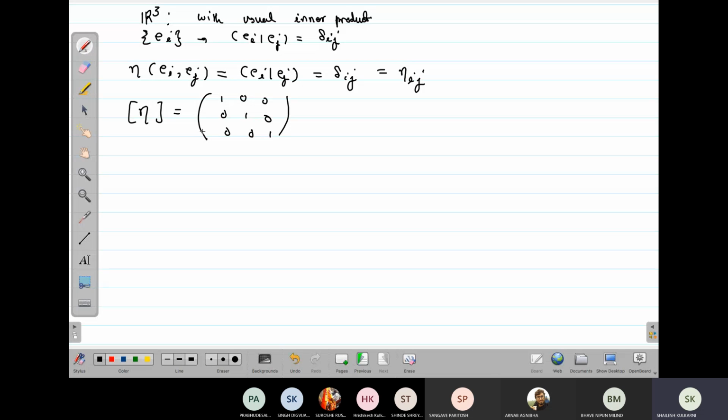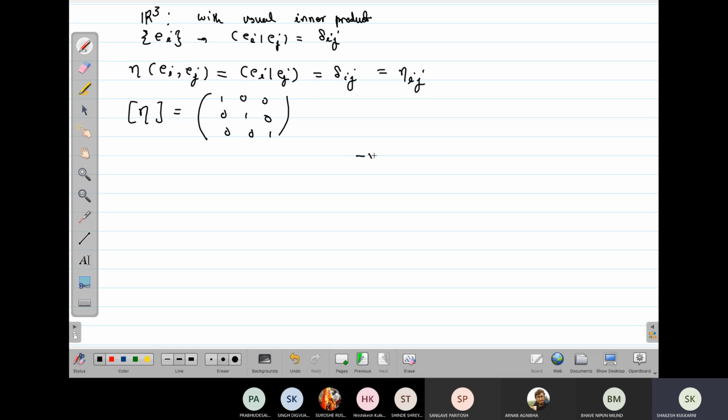Is it clear? Okay. But you can use different bases. For example, you can use polar basis, and you can calculate the metric. Clear? Okay. Now,